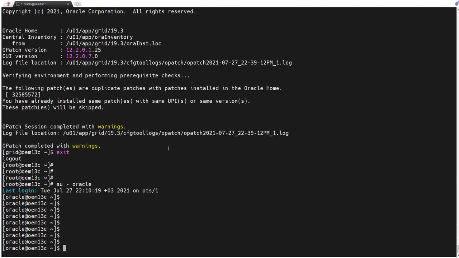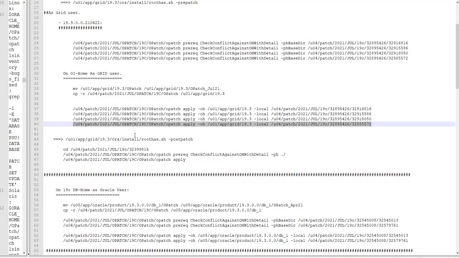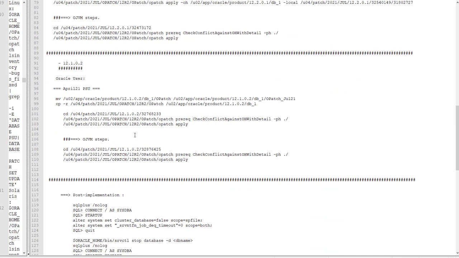Okay, let's apply now to the RDBMS home. We are applying to version 12.1.0.2. For that we will update also the old OPatch. This is what I'm doing.